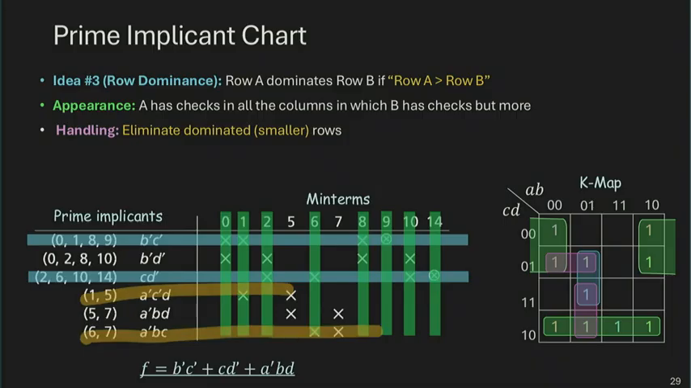And we can eliminate the smaller row. There's just no reason for you to use the smaller row. Anything that the smaller row can do, the bigger row can also do. Right? It's only going to do better. So in that case, there's no need for the smaller row. All right. And if we do this row dominance by getting rid of the smaller rows,